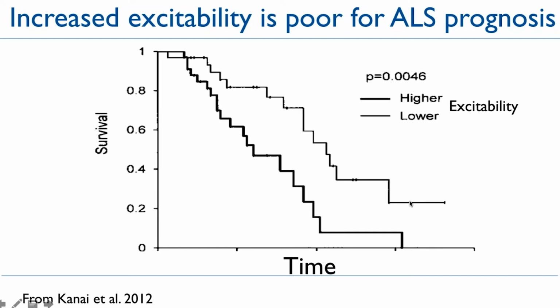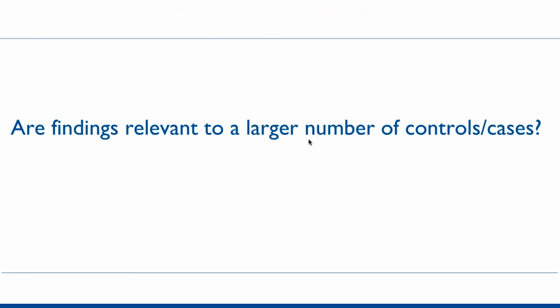And so this was a striking finding to us, because we reasoned that a way to test whether or not this difference in physiology was central to disease pathogenesis would be to look for a compound that could make those patients with higher levels of excitability have a more normal physiology. We could test that drug in patients, see if we'd succeeded in normalizing their excitability, and then eventually ask whether or not it changed the course of their disease.